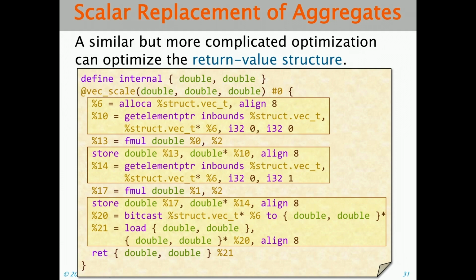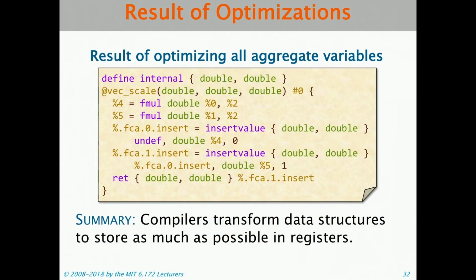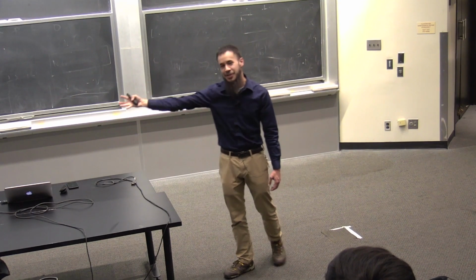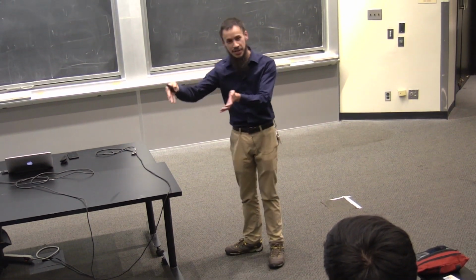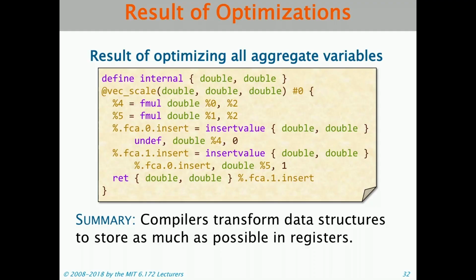But at the end of the day, after we've optimized all of that code, we end up with this. We end up with our function compiled at O1. And it's far simpler. I think it's far more intuitive. This is what I would imagine the code should look like when I wrote the C code in the first place. Take your input, do a couple of multiplications, and then it does some operations to create the return value and